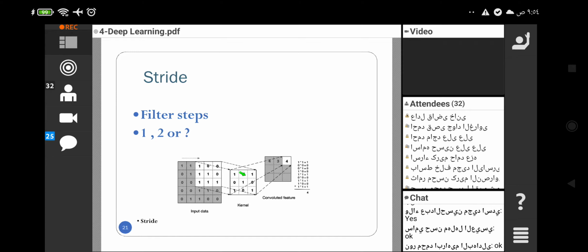One other hyperparameter that we have in the convolution layer is the step of the filter. It is called a stride. A stride means the step of the filter. What does this mean? It means that, I said that in the convolution operation, this kernel